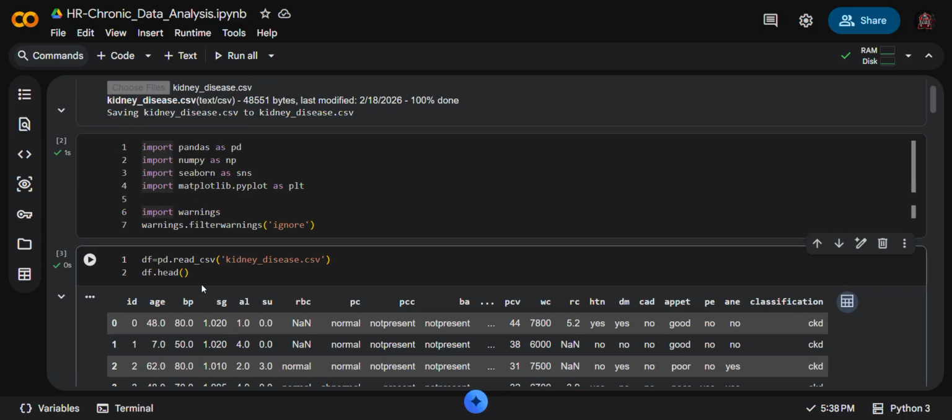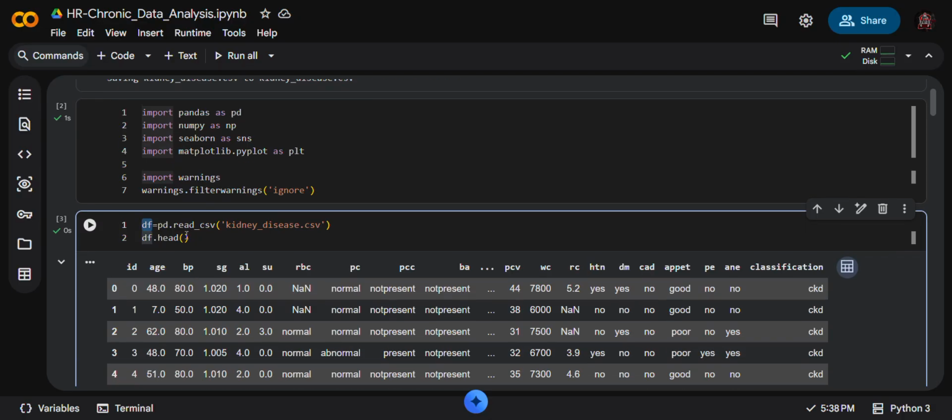We have to define a df. If we define df, then all the other commands we take in future will run.